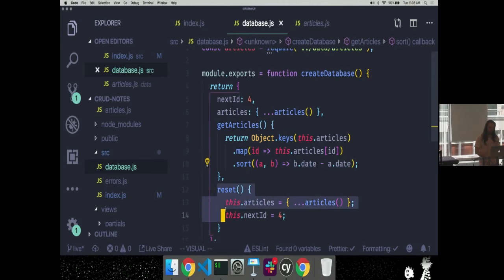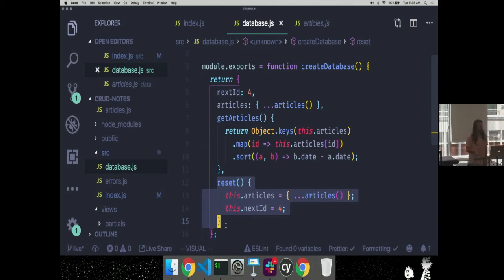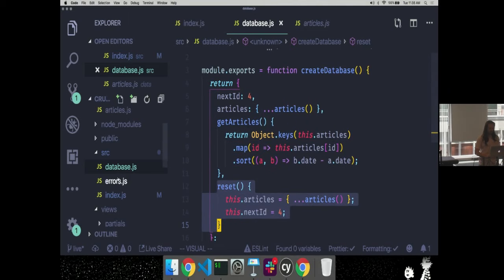And then this other function that I want to be able to call in the database is called reset. What it's doing is taking me back to the initial data set, and that's used by that reset function so that every test gets run, it resets the database, it starts fresh again, so my tests can predict what the data will be when they start running. So this is what the database object is.